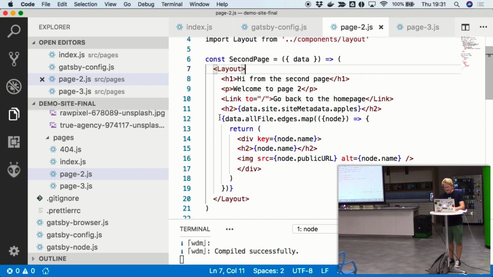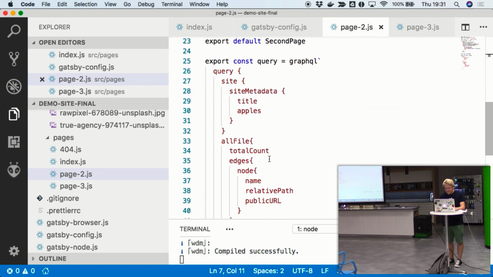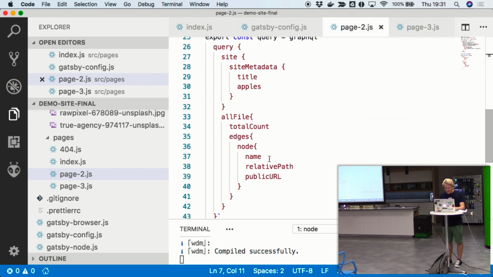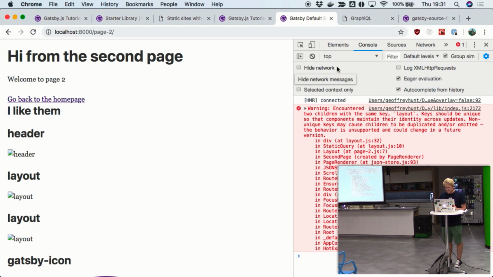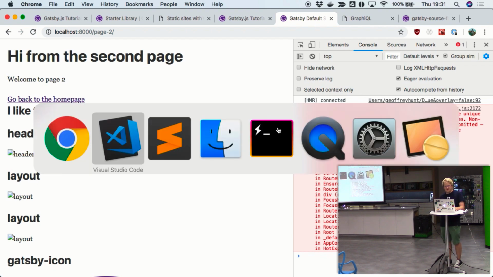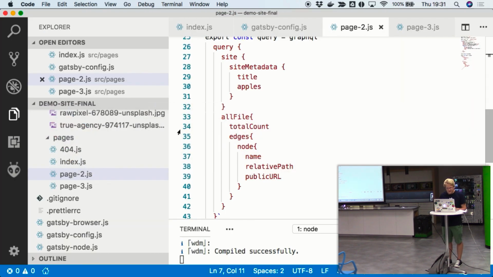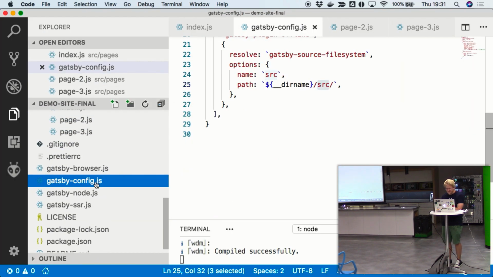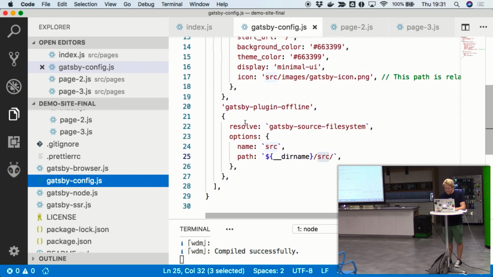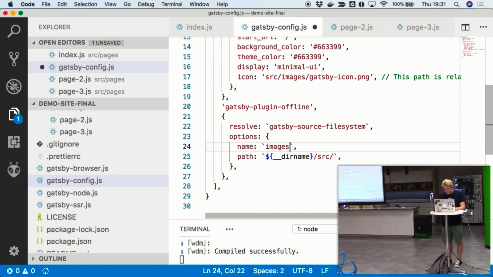Oh, what I've done is, I think there's 2 files called the same thing, which makes sense. So what we can do is actually filter this query to only show me the images. How we do that is, in the config, we don't need source, we can call this one images, and say source/images.